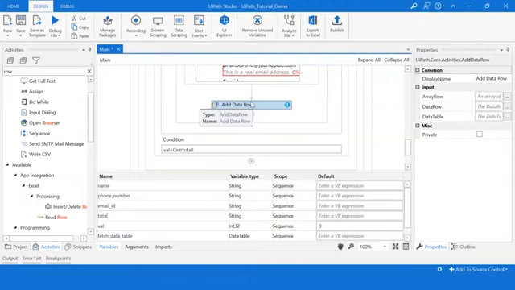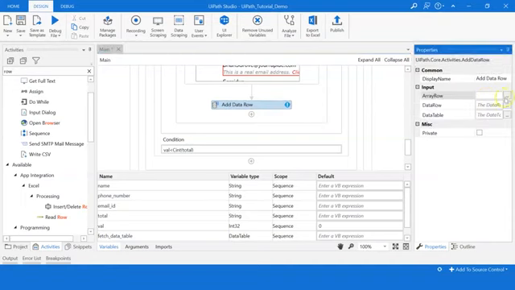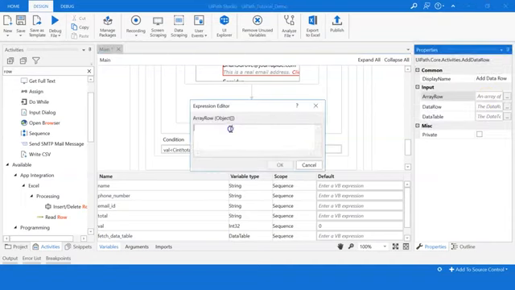I'll place it right below where we have created all the variables. Now I want to add a row for the name, phone number and email address. So under input, I'll select array row. I'll expand this, and within curly braces, I'll give my variable names.